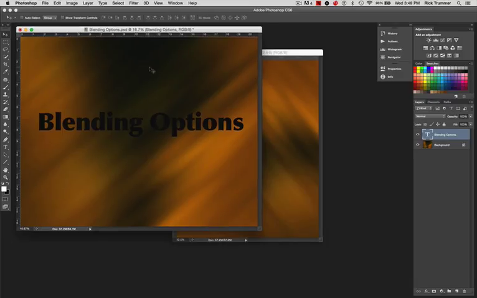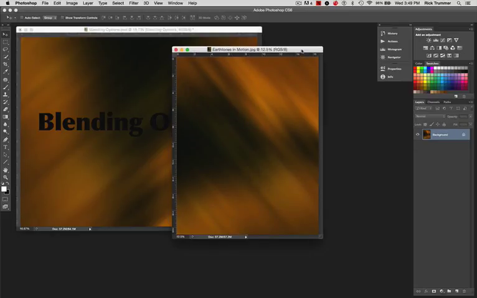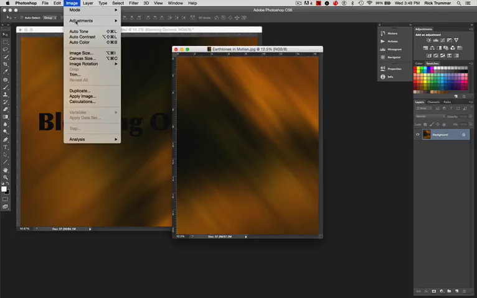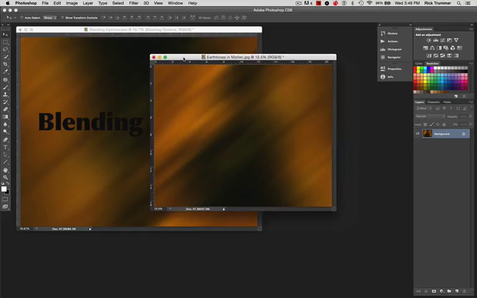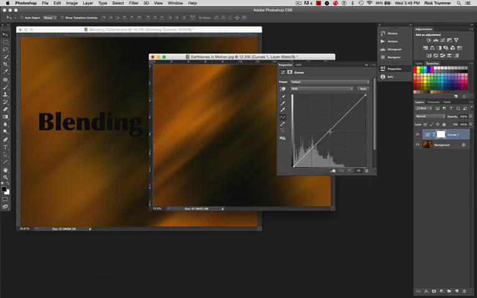What I've got here is my background that I just grabbed from one of our many backgrounds. I dropped it in and put some wording in the front, just "blending options" here, so that we can take a look at it. Now, I've got another one of the backgrounds that I opened up. And what I'm going to do is change this around a little bit so it's a little different. So I'm going to rotate the image here, and we're going to go counterclockwise, so it's going in the opposite direction. And let's just lighten it up just a tad. So I'm just going to go into curves right now. Just lighten this up a tad, maybe create a little different blending